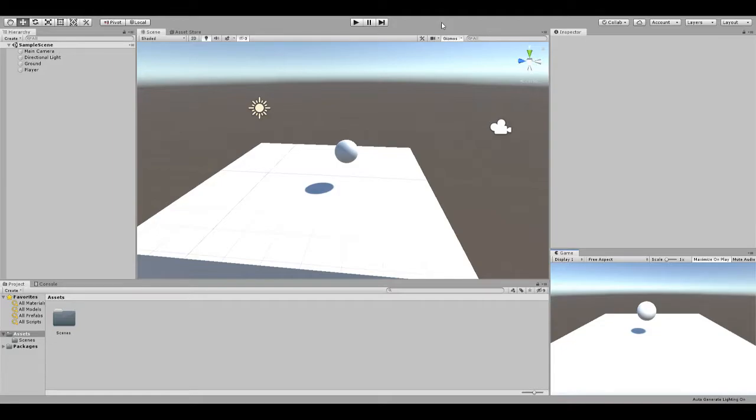So now that we have a rigid body and the ball is able to be affected by base physics, we can go ahead and add some code onto that. But before we do that,